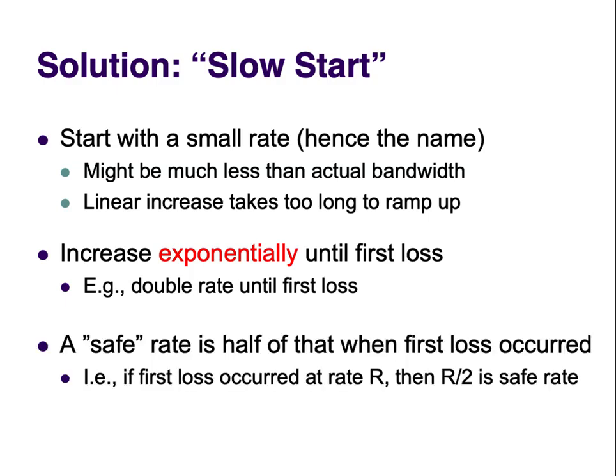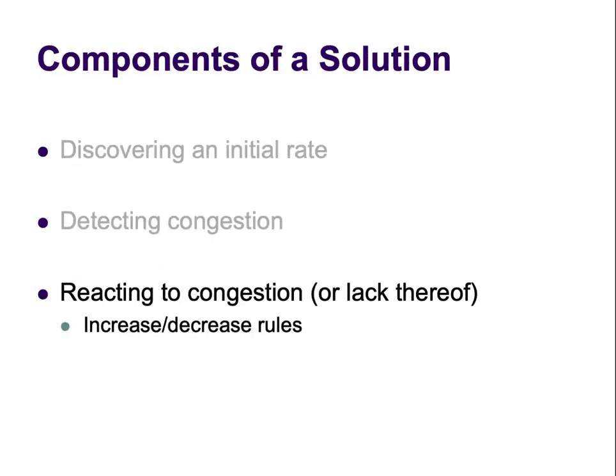Let's say you had a source that decides to start at 100 megabits per second. It's going to send 100 meg for a while, and then it's going to send 200 if there's no congestion, then 400, then 800. Let's say at 800 megabits per second there was no loss, so you're fine. Now it's going to send at 1.6 gigabits per second. And then at 1.6 gigabits per second, it experiences loss. So what the sender has learned at this point is that a safe rate was 800 megabits per second. Does this make sense to people? So slow start means you start small and you scale up exponentially. Any questions on that? Okay.